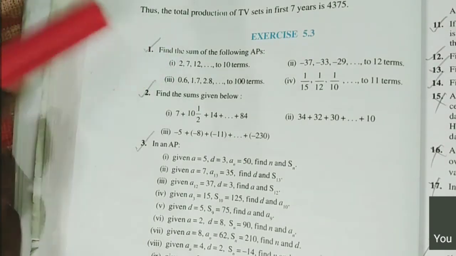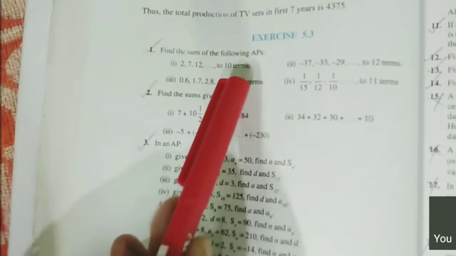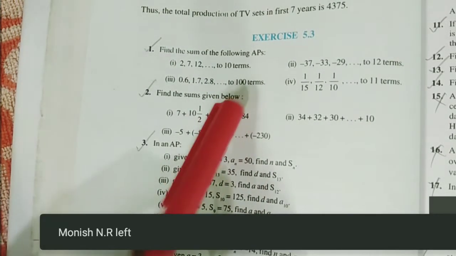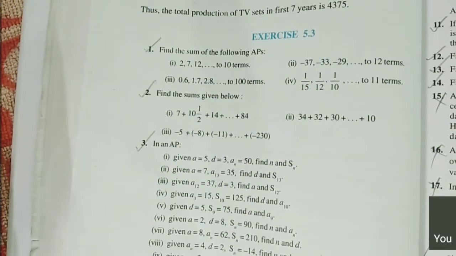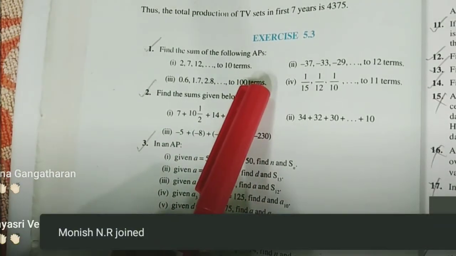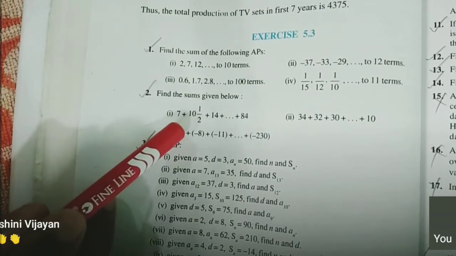Here they have given a term. Here they have given the value of a term. Very good, Sanjay. Super. Actually, here they have given the a n value. Are you clear or not? Here they have given the a n value. So from this first one, we have a and d,